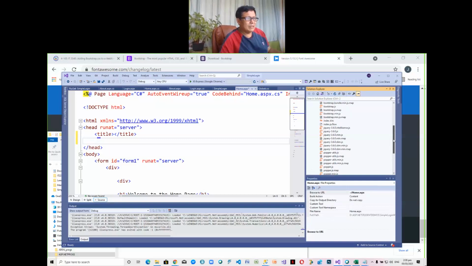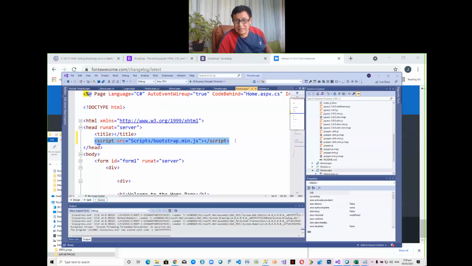First bootstrap, that means CSS ito. Drag natin siya. It's easy as that. I-drag mo lang, so siya na bahala maglagay kung saan galing na folder. We'll save this. Then the next thing to do is add jQuery